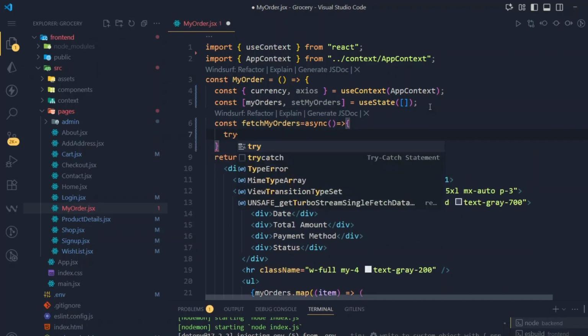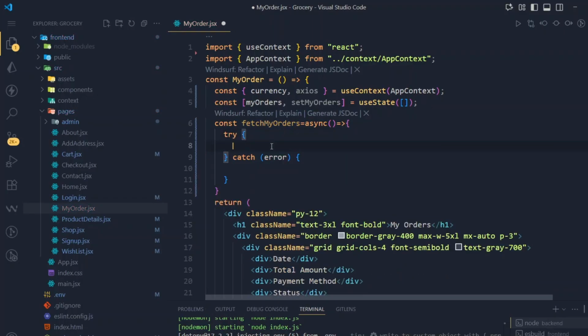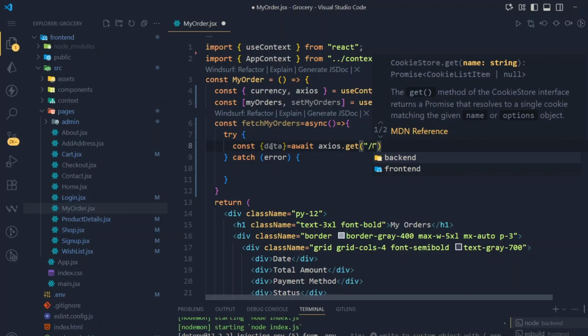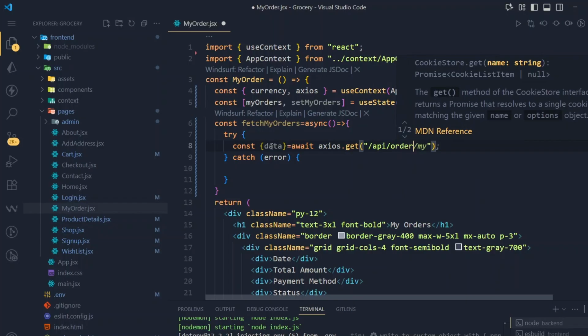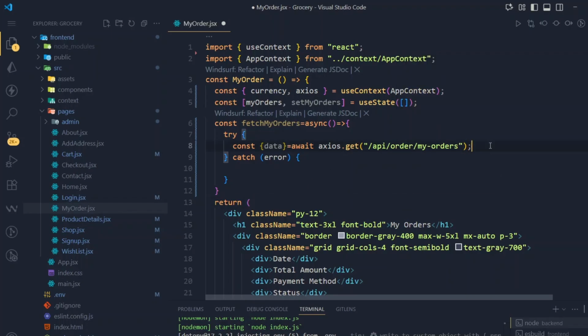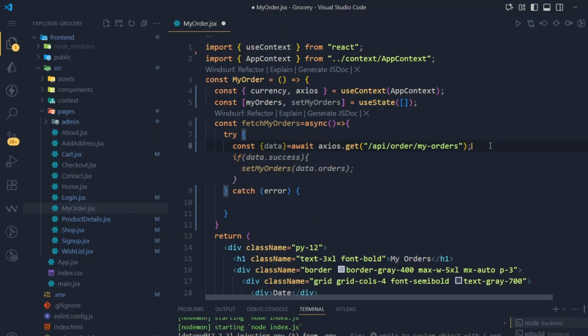We will use try catch like this, and here we will use const data is equal to await axios.get, and here we will use /api/order/my-orders, like this. Okay, this is our API endpoint. You can check in our routes. So we will check here if data.success, then setMyOrders will be data.orders like this, and in the else statement